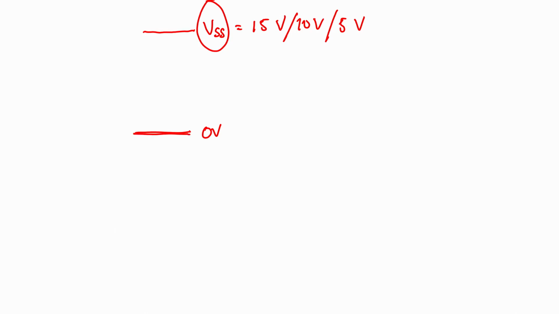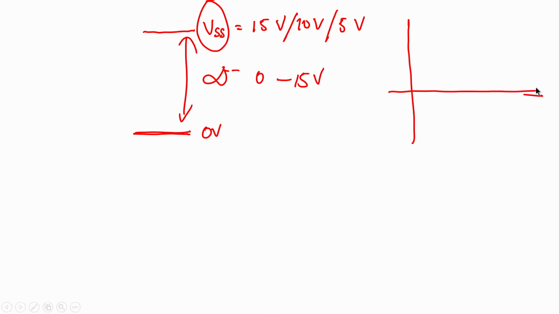So from 0 to 15, if you see how many values are there from 0 to 15, yes, you guessed it correct, there are infinite values from 0 to 15 volt, and that is why it is called an analog signal. What is an analog signal? If you try to look at a signal, the signal can take any value from its set lower and upper values. If you set 15 volt here and 0 volt here, in the duration of time this signal can take any value. This is an analog signal.